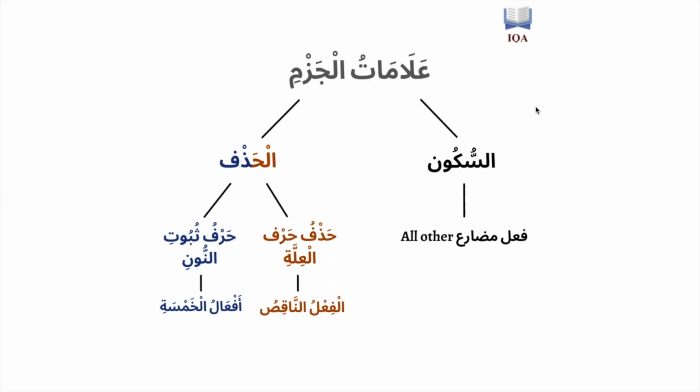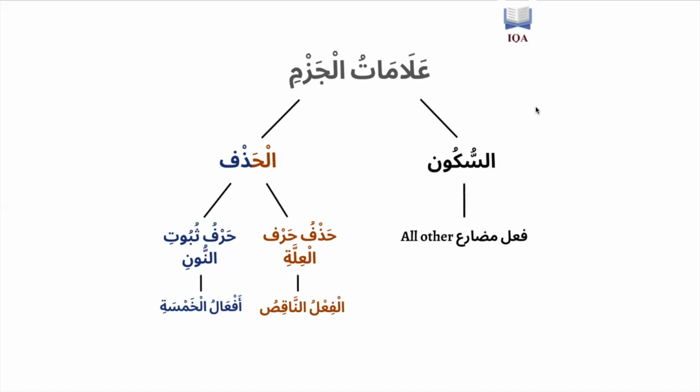And the possible changes, the possible endings, the possible i'rab that the word can have is the rafa', whose original sign is the dhamma, Muhammadun. The nasb, whose original sign is the fatha, Muhammadan. The jar, whose original sign is the kasra, Muhammadin. And finally, al-jazmu, whose original sign is the sukoon, and it only happens in the fi'l mudara, like yadhabu, for example.